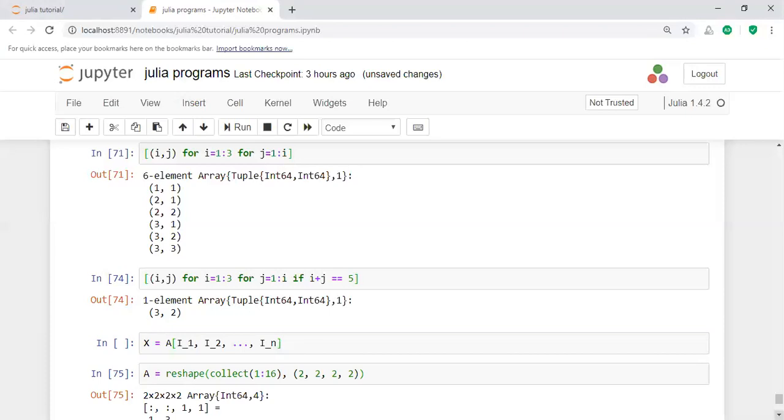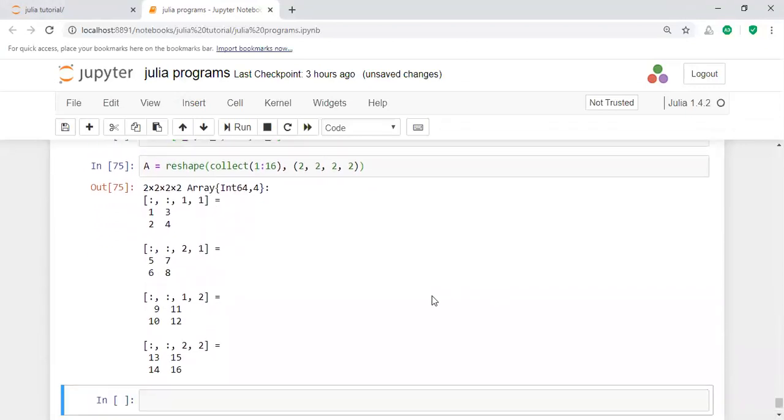If you come here, indexing means a 2 by 2 matrix here. In this case, 1 comma 2, 1 comma 3, and these values give fast accessing of the elements.